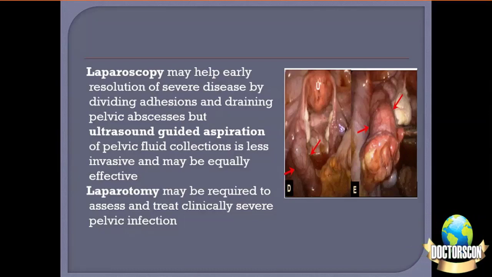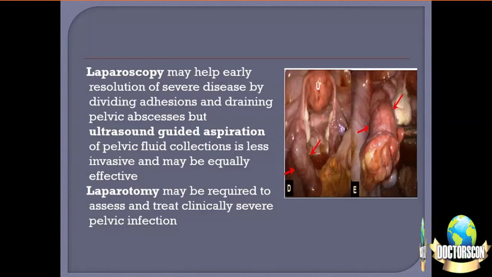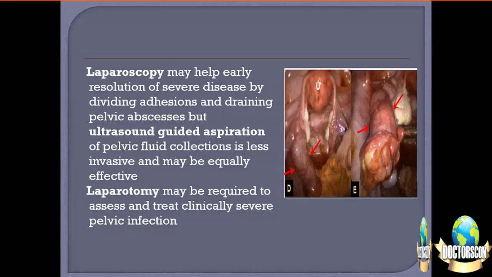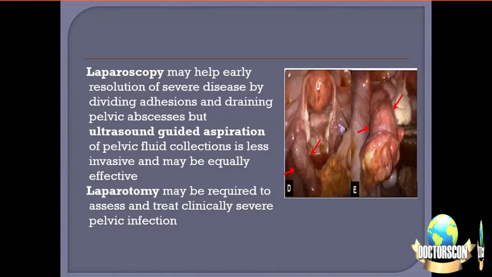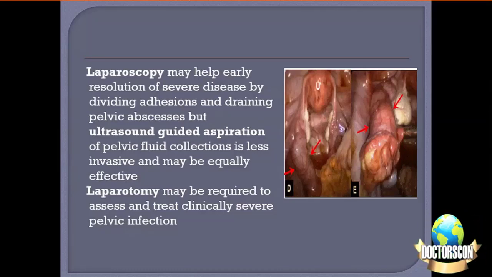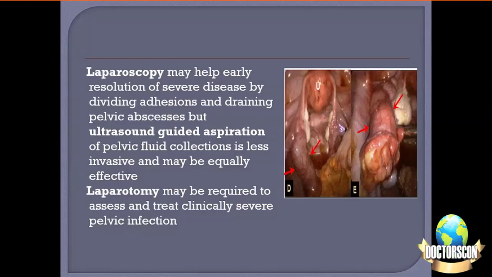If things are improving, you can even switch from parenteral to oral therapy to complete 14 days. And if treatment is not improving her clinical condition, then she needs to be further investigated. For example, she may need a CT scan or MRI of the pelvis, and she can then be considered for a surgical intervention.